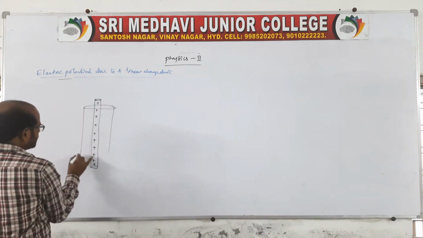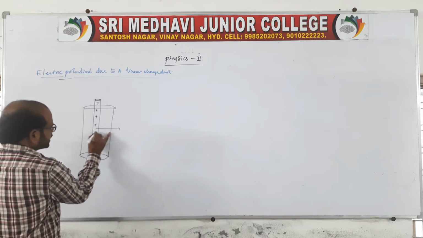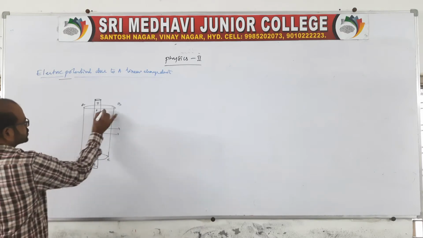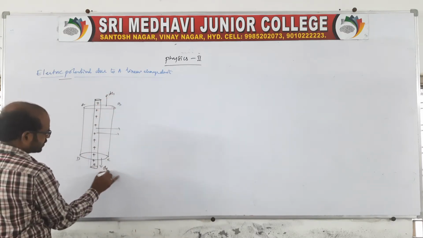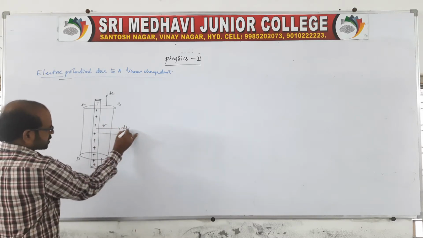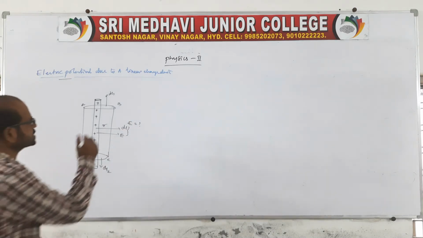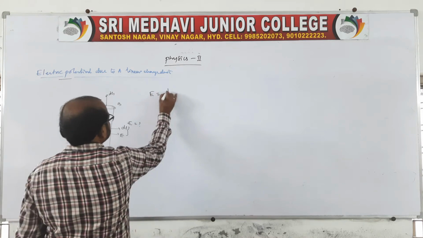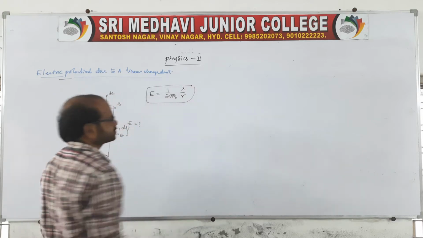Therefore, construct a Gaussian surface, which is in the form of a closed area. Do you remember this diagram? Through this area there is no field intensity; only through this area, because these are parallel, we get the electrical field intensity. By using this, the electrical field intensity will be E equals 1 by 2 pi epsilon naught, lambda by r. Do you remember this?